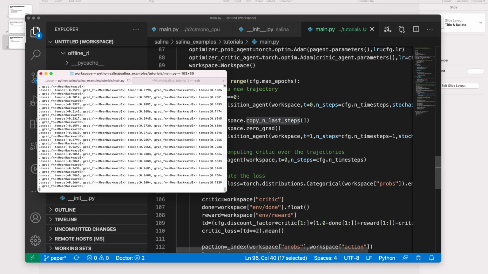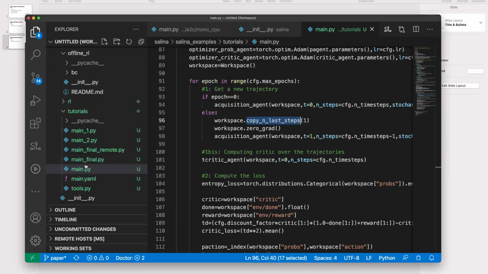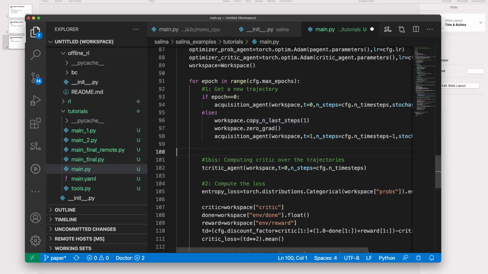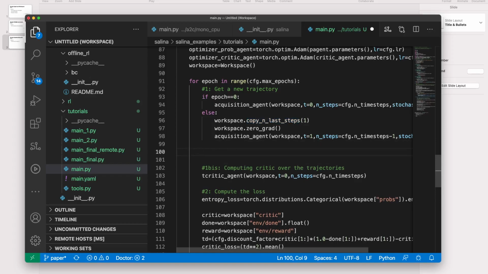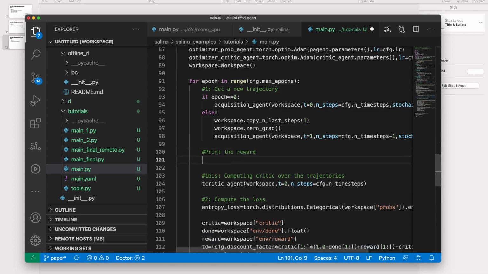The problem is that here I am printing the loss. So if I print the loss, I have no idea about the fact that my policy is working or not. I would like to print the reward. I can easily print the reward. So in the workspace, here I have a trajectory. So what I can do is